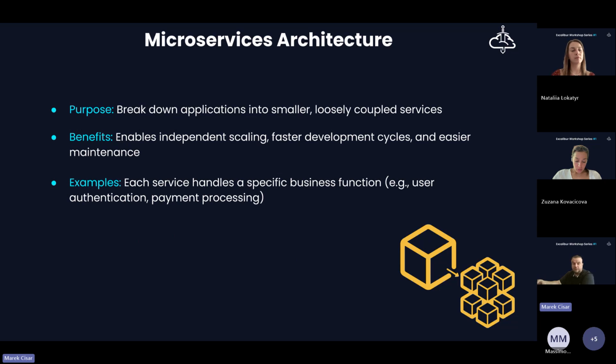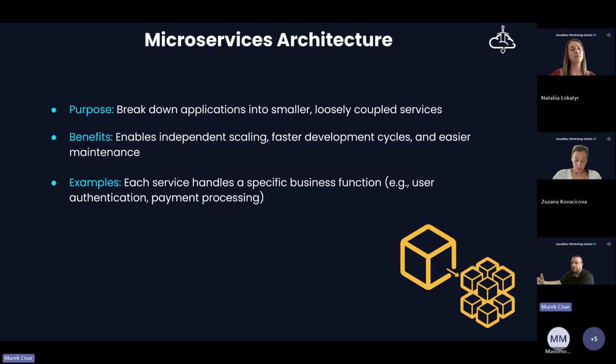They can communicate with each other to keep the overall application functionality, but almost every simple task can be run on a dedicated microservice.